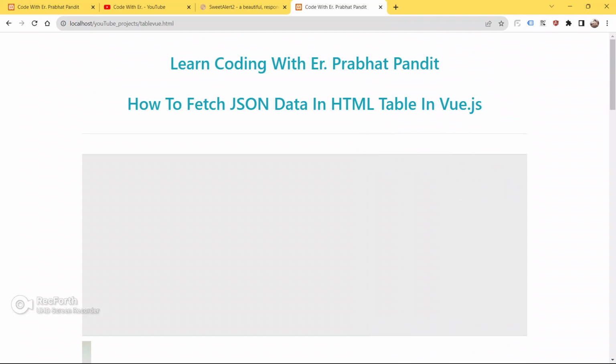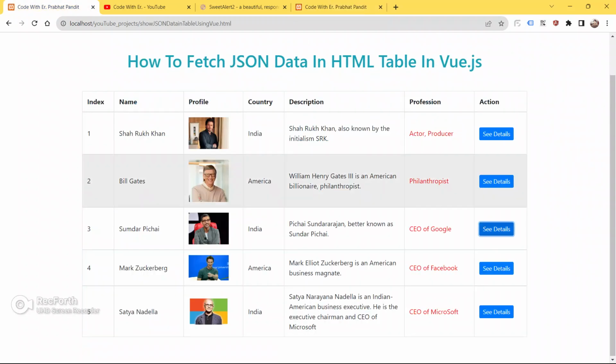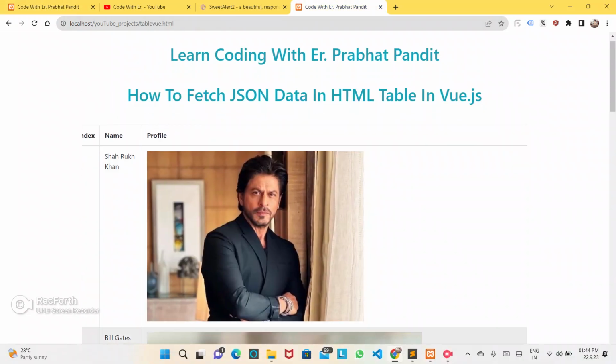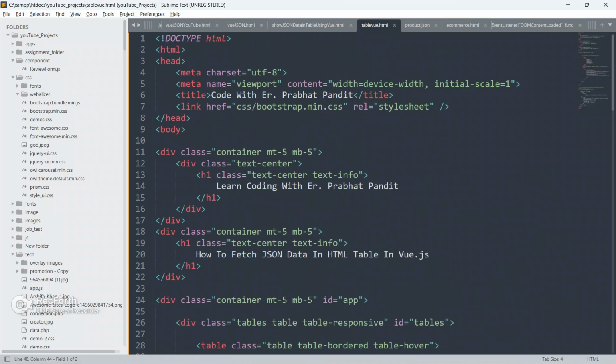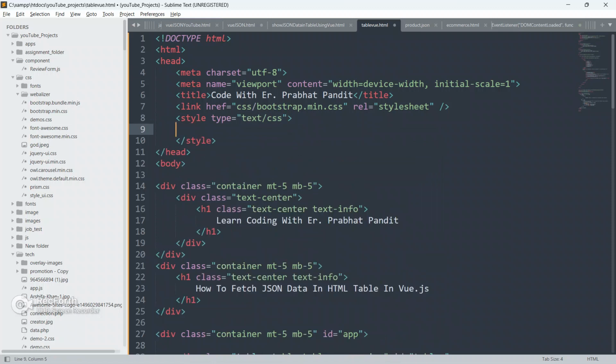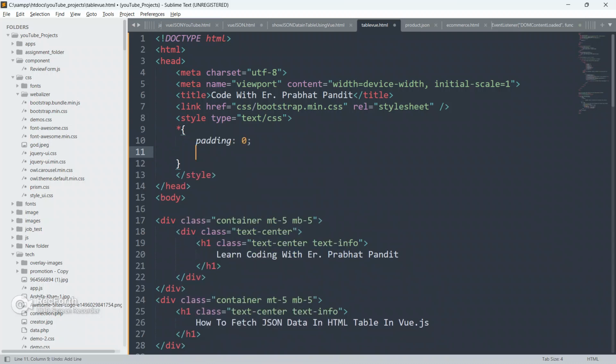See, we got our images, and we just have to style it. We have to put a little bit of style so that it can look like this. So we have to create our custom style sheet also. Go to the code again and write our custom style sheet. In the head section I'm going to create a style sheet now. Just put an asterisk, this is the global selector.